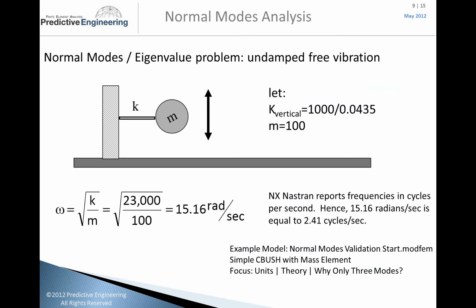So, okay. I advocate, if you're new to doing these types of analysis, do something simple. Do a pilot model so you can see it in action. This is something I pull out in the class and say, okay, we're going to do the simplest model possible. We're going to do a beam with a mass, something we can hand crank out. That's so simple. It's trivial. You calculate the stiffness, 23,000, and the mass is 100, and you get this rad per second because it's a hand calc. Then you divide that around to get cycles, 2.41.